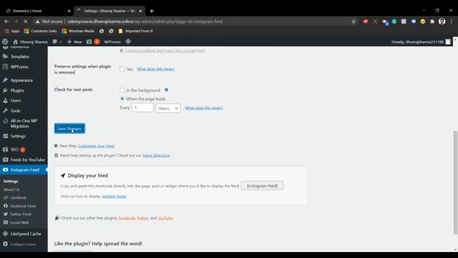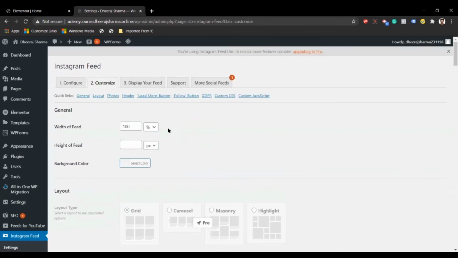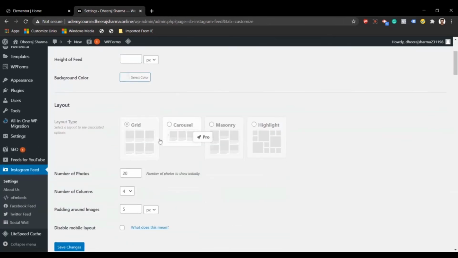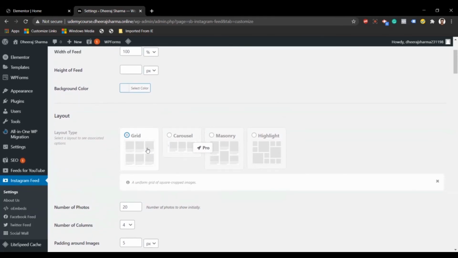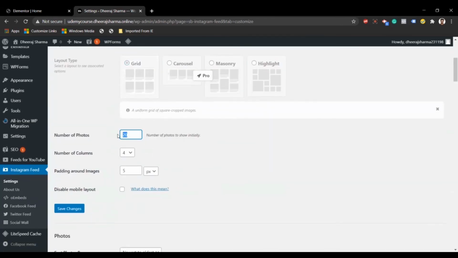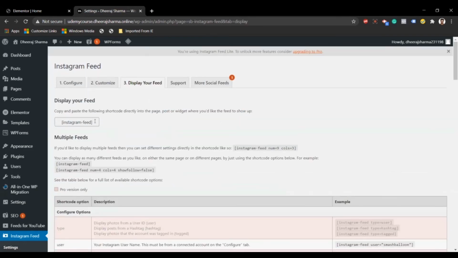You can simply save changes, and after that go to customize. Similarly, you will select whichever way you like to display: grid, number of photos, suppose 6, or maybe 3, number of columns, and the padding. Simply save changes. Similarly, like the earlier section, click on display your feed and copy that shortcode and simply go